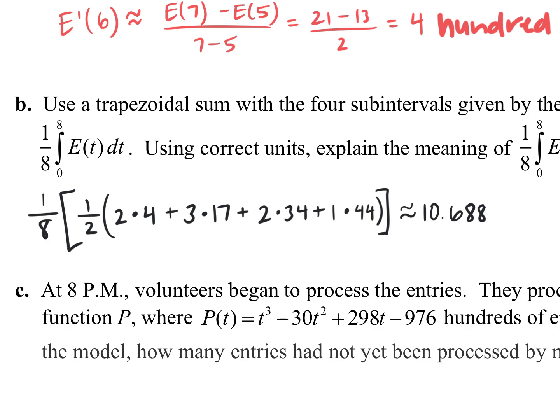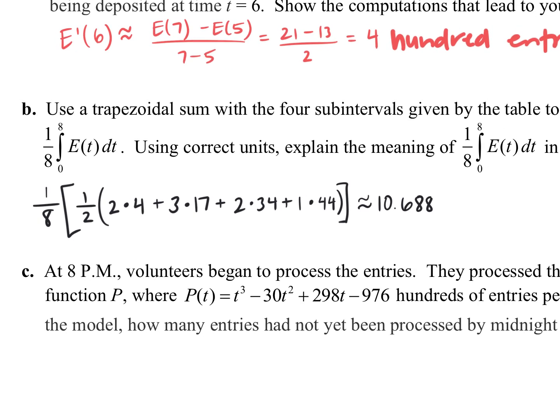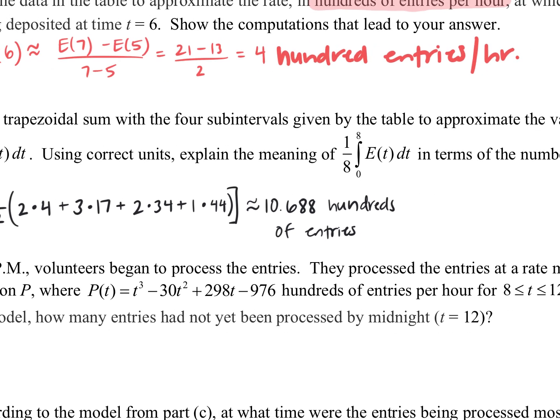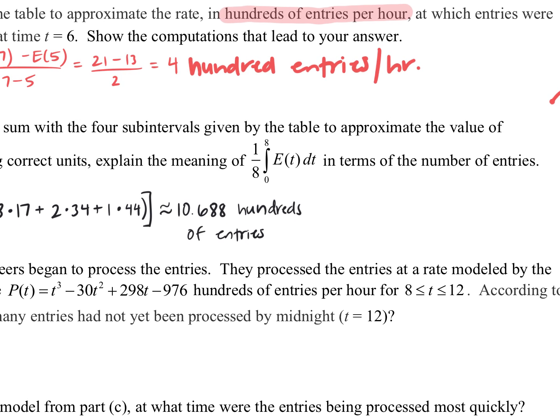Now it's, again, 10.688 what? Entries, but specifically hundreds of entries. Okay, so that was answering the question, that was using the correct units, but now it says to explain what it means in terms of the context of the problem. So if we want to explain in terms of the context, we already said this is the average number, so we can say